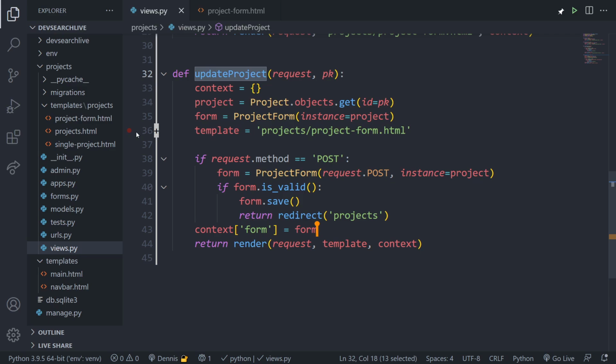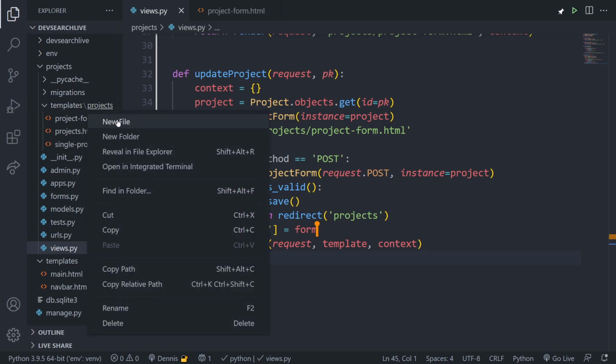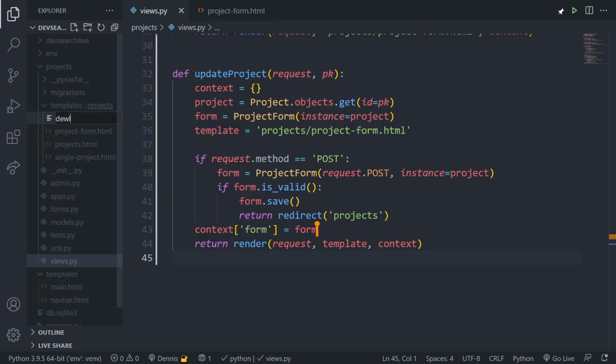So we want to say, are you sure you want to delete this item? We'll let the user confirm it, and then they can either confirm or just go back here. So we'll create that page here. The first thing I want to do here is create the template. So we'll go into templates and projects here. This is inside of our app, and we're going to call this